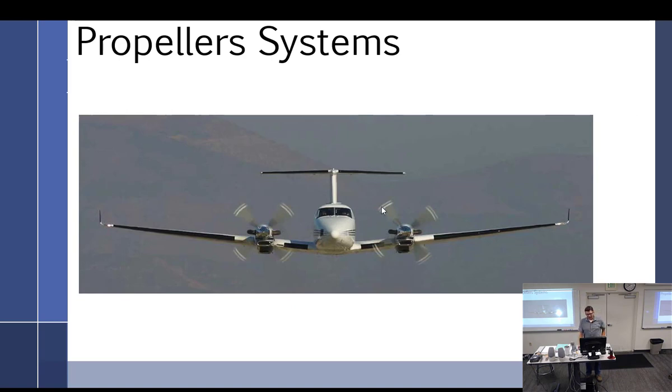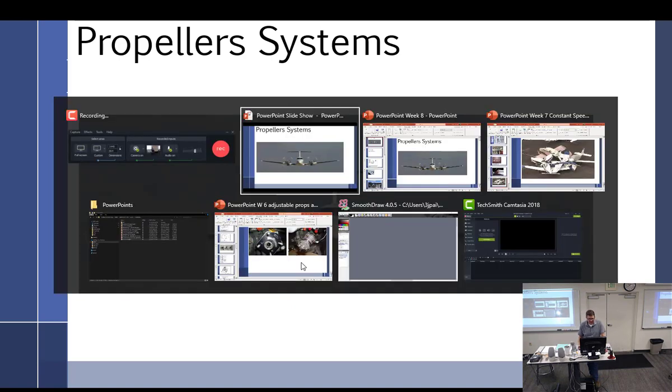I don't think it's much of a coincidence that this particular photograph has both blades in the exact same position. That'd be a, huh? Yeah, prop synchronizer. Well, synchrophaser to be more exact. So, synchronizer and synchrophaser, which we're going to discuss